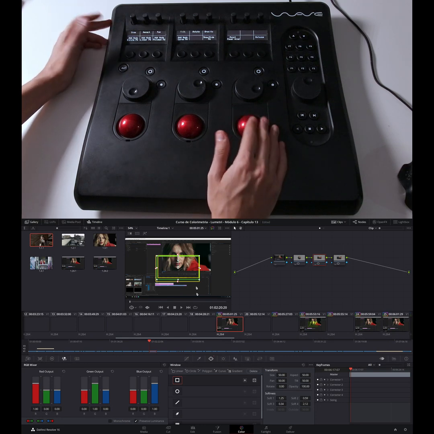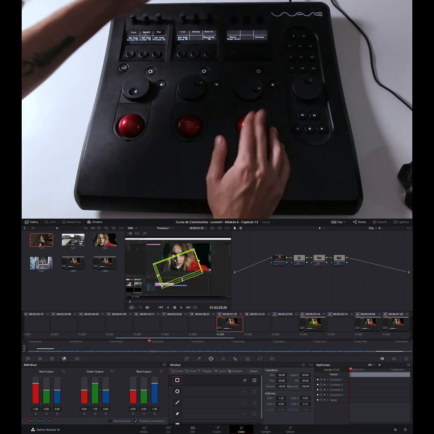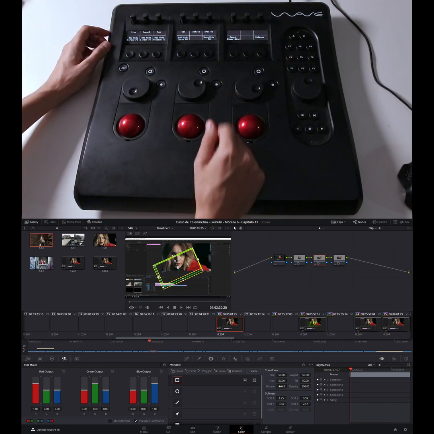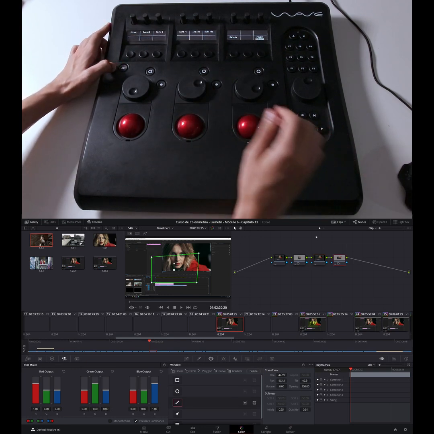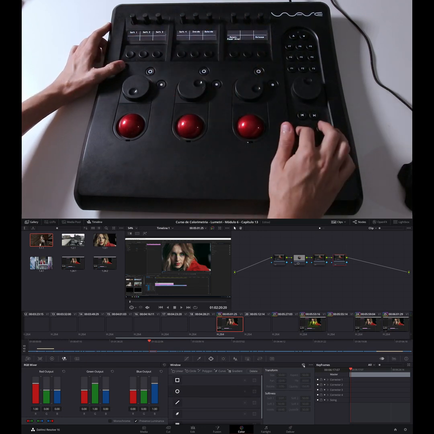So you have all the controls for power windows here, and you can control with your mouse. It's really fast. You can just go here and change everything, and you can reset your power windows just clicking here. So you will reset all the nodes. Another thing